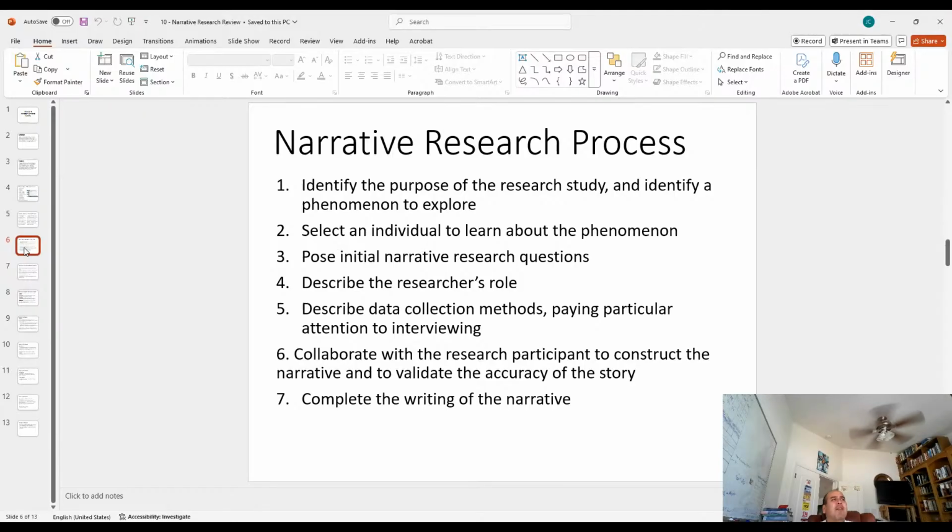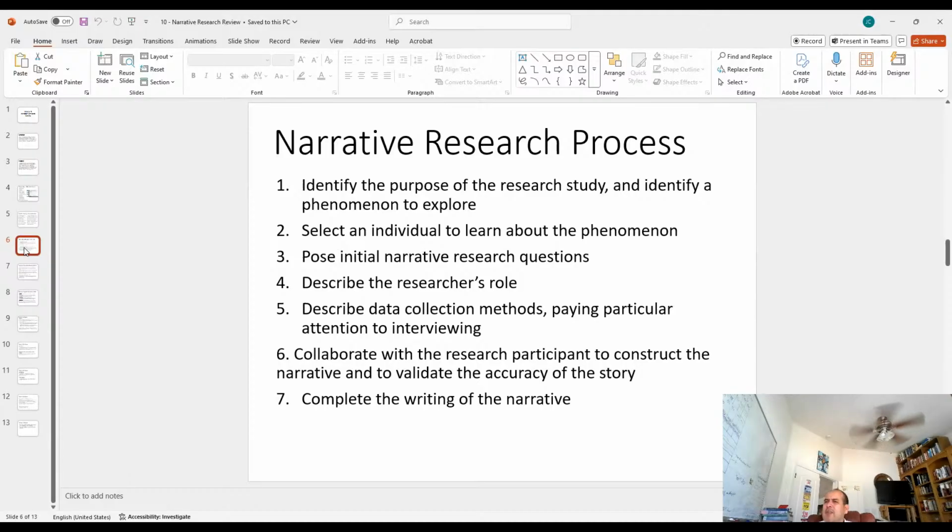And so then you identify the phenomenon that you're going to explore. You select an individual to learn about this phenomenon, one or maybe multiple individuals. The only way in this study that I would select one individual is maybe if I selected a person who has been through the program several times, maybe has belonged to several different trade unions, somebody that had 20, 30 years of experience, that had so much knowledge beyond what anybody else could provide me.